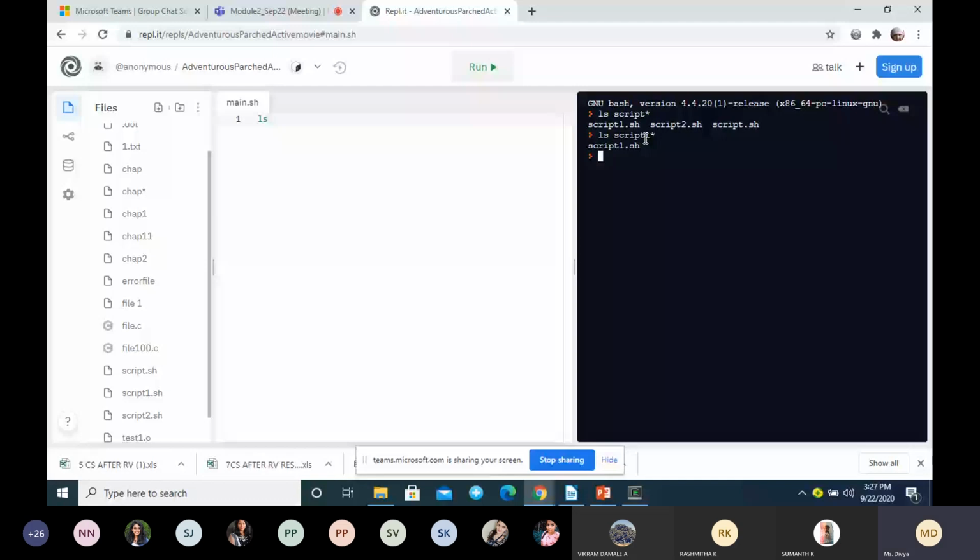What if I want to match all the files, something like this? Now, what will be the output? These are the files. What will be the output? CHAP star. What will be the output?